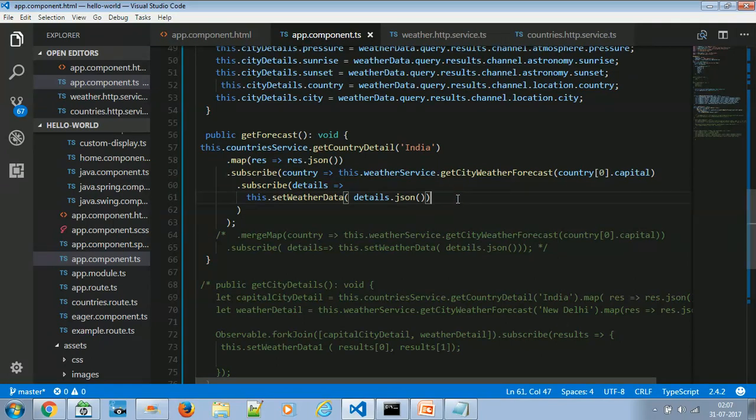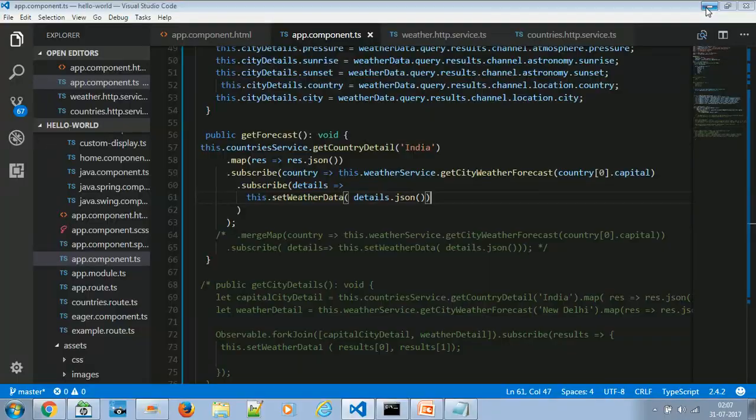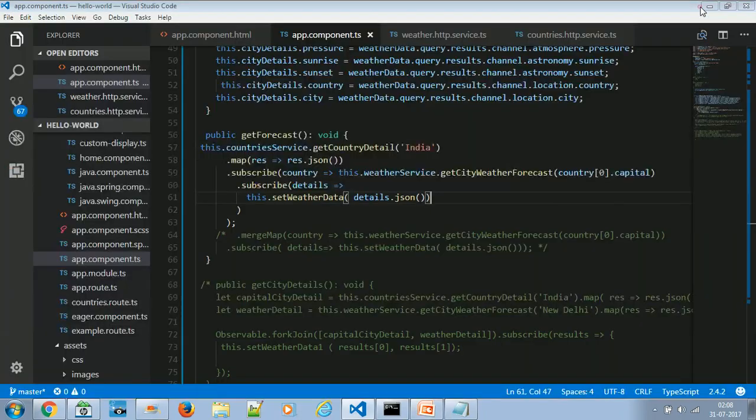To deal with this, Angular already includes the RxJS library, and in the RxJS library you can utilize merge map or flat map, as I mentioned here. This will condense your code. It will achieve the same thing but with condensed code. We use merge map or flat map when we have a sequential service call, when the second service call is dependent on the first service call's output or response.